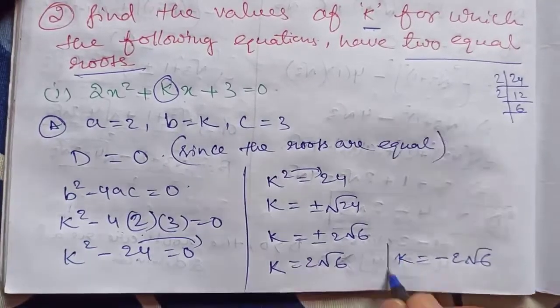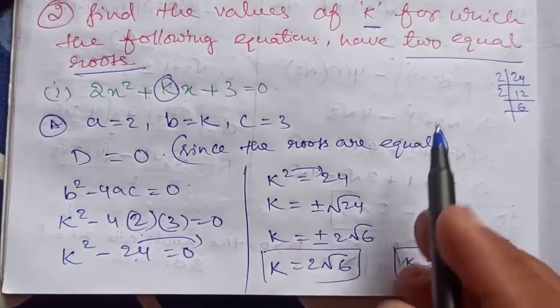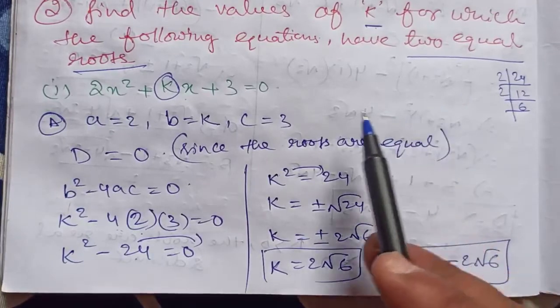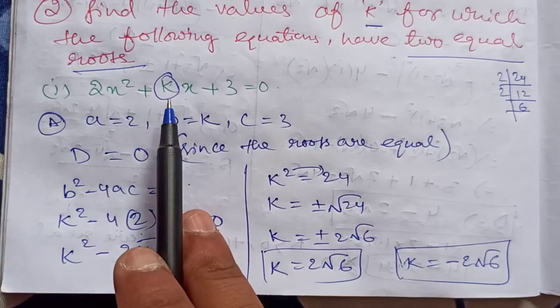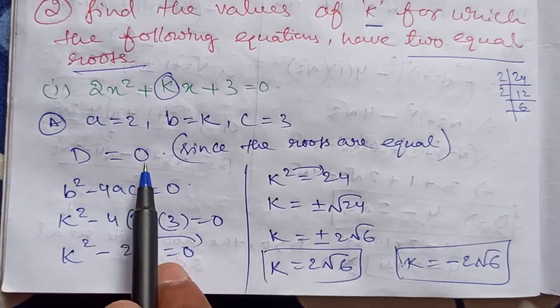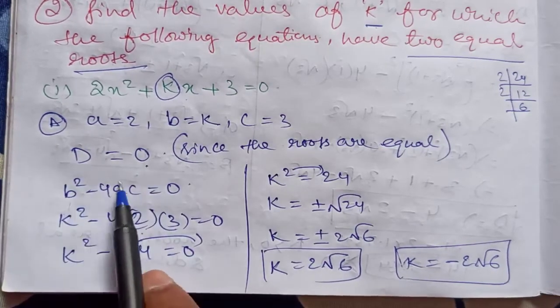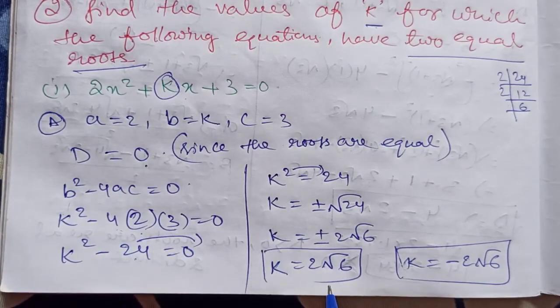Okay. So when the roots are equal, it is given in the question, then only you can find out the value of k, because there d will be taken as 0. Okay. Then you substitute the value by using the formula and you will easily get the value of k. Next bit. Now second bit.